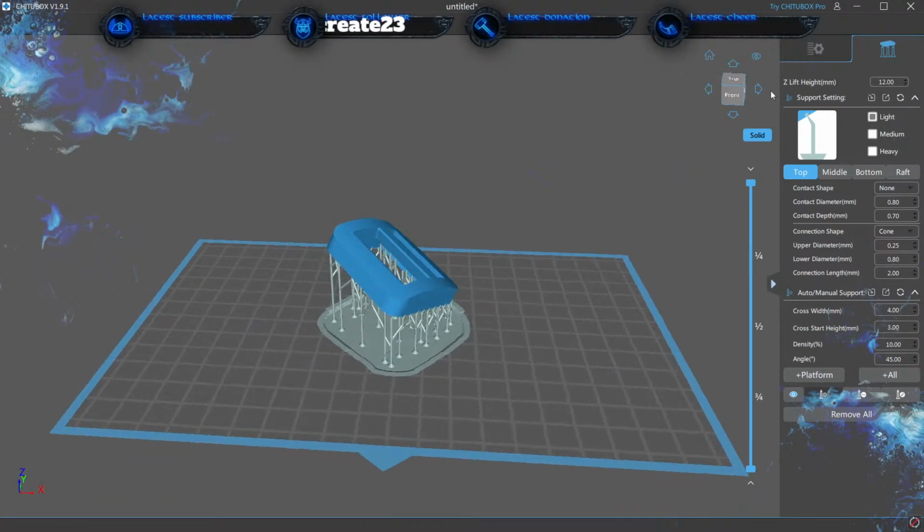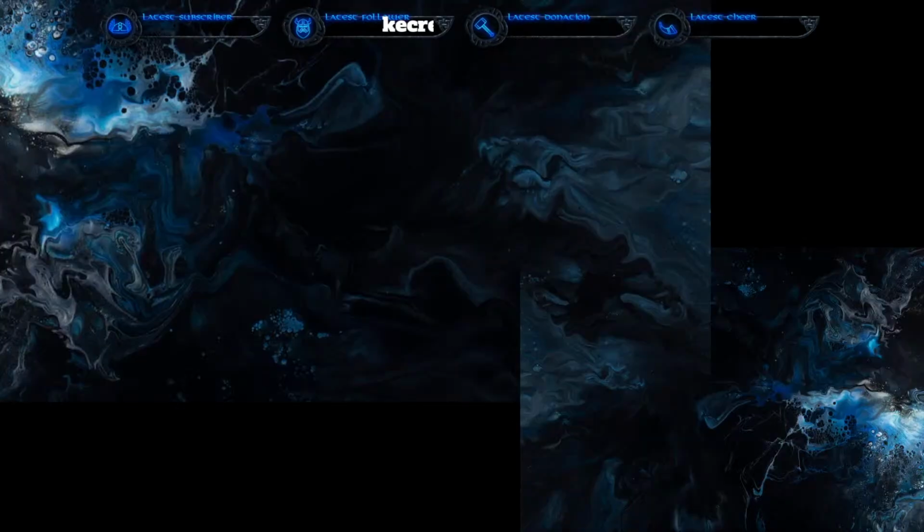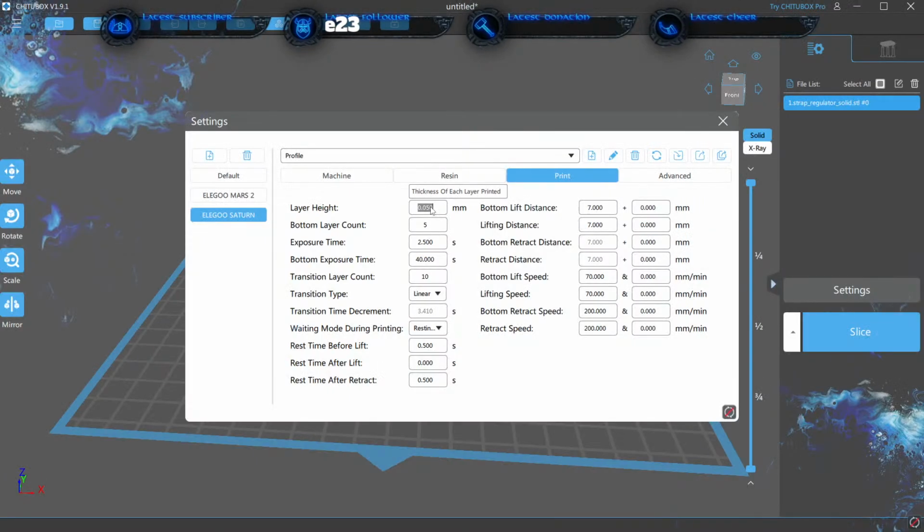Another thing that I wanted to go over real quick, if you go into your settings, stop doing this to me, you jerk. Okay, so you go into your settings and your layer height. That will determine, and most printers, by the way, is 0.03 millimeter and 0.05 millimeter with the resin printers. That's the height of each layer. Now, if you go 0.03, you're getting as high detail as you can out of this. You don't necessarily want to go lower than that. I wouldn't recommend that you go lower than that. I'd say between the 0.03 and the 0.05 range,